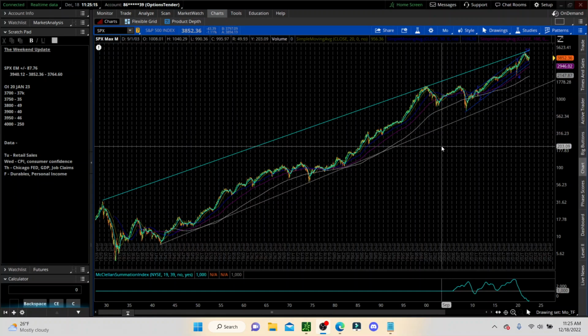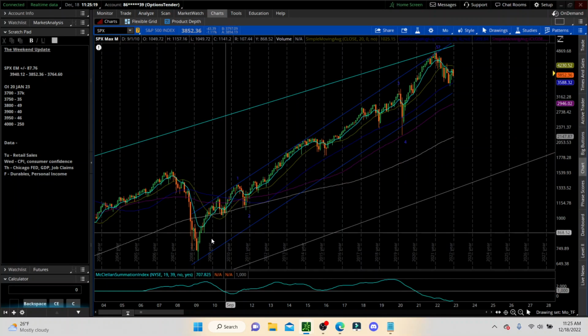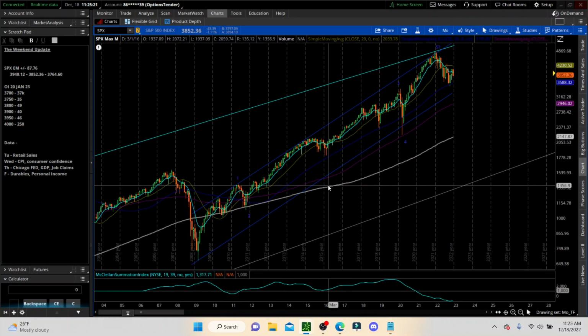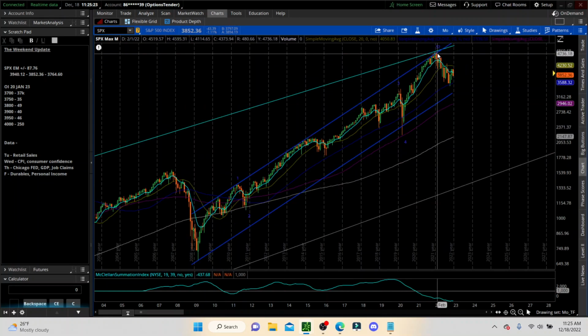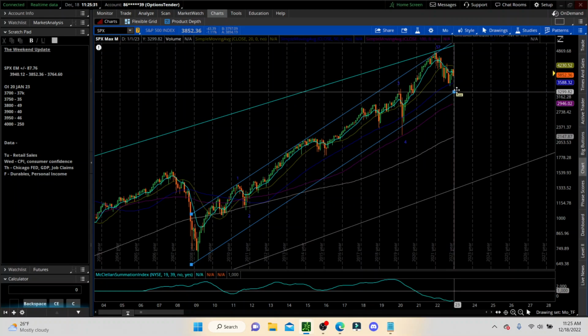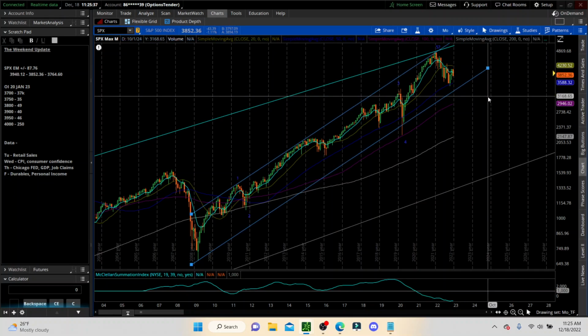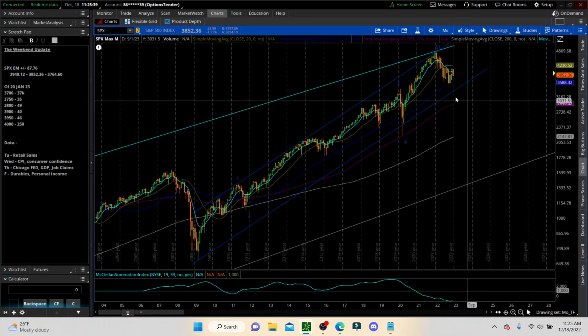Just looking at this channel in general, coming in a little bit closer here, we had a 5-wave move completed. So at least I expect to test that bottom of that channel. Now we start breaking down from it, and we got a problem. Let me just extend it out just a little bit more. We have a problem, because then that opens up,